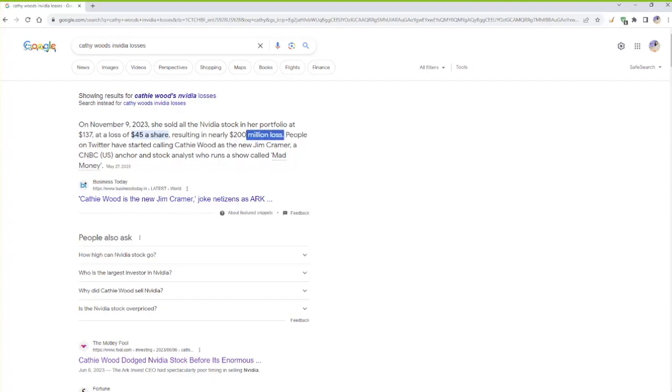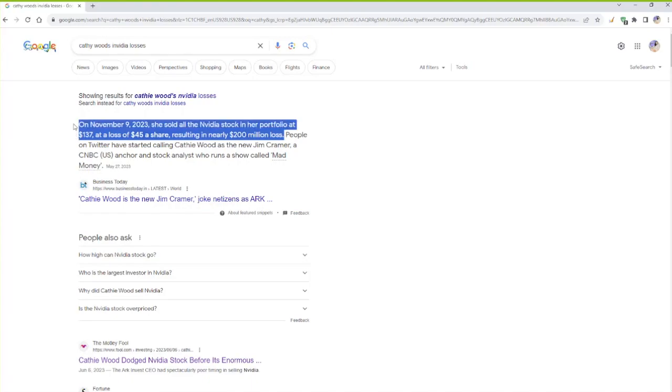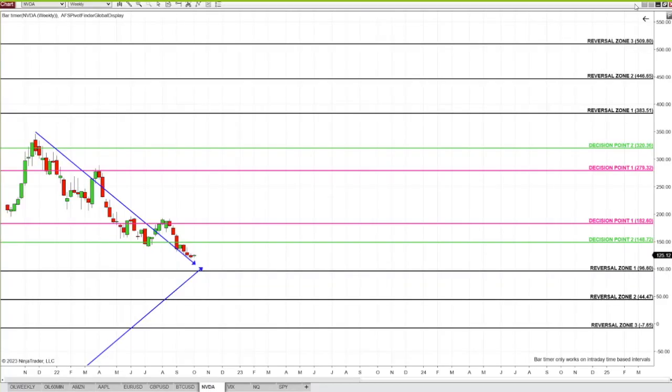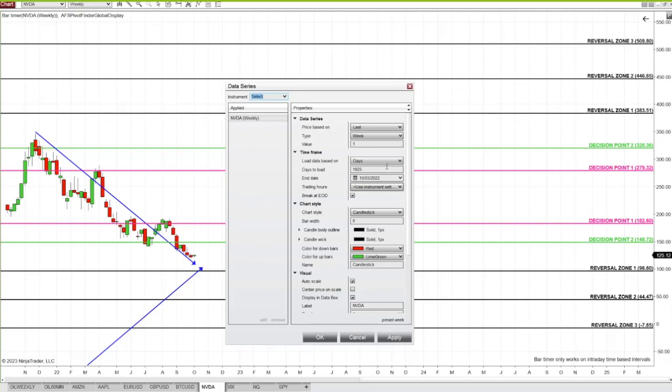Wow, top gambler on Wall Street. In the last 2 years, she lost $2 billion and she's still running a hedge fund. We're laughing in the class, where my intelligent traders know where to buy the bottom. So when she exits at 137, you understand very, very well this is a place to buy NVIDIA from. From this level, NVIDIA skyrocketed